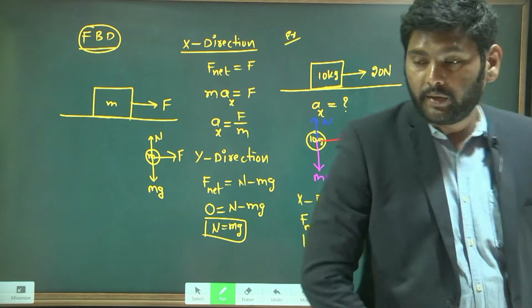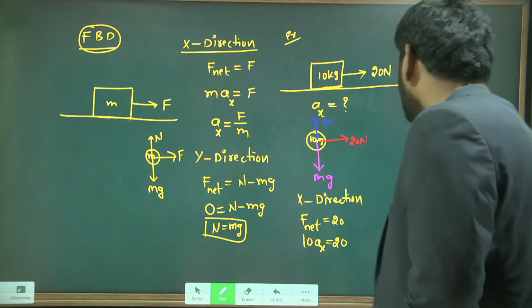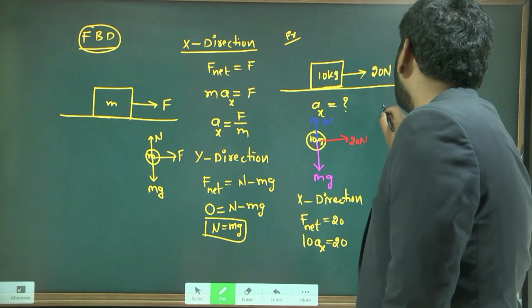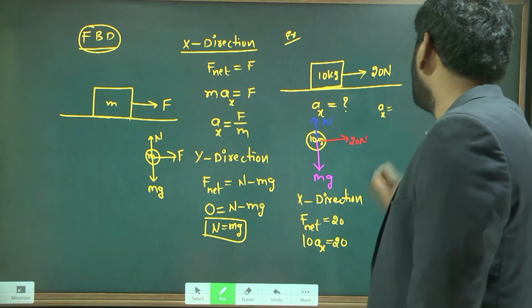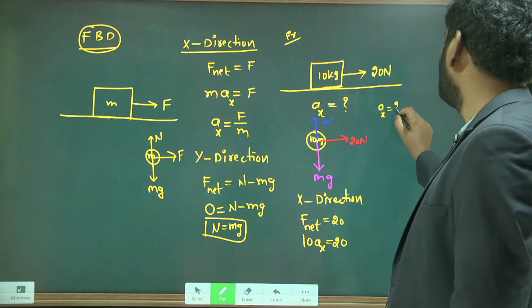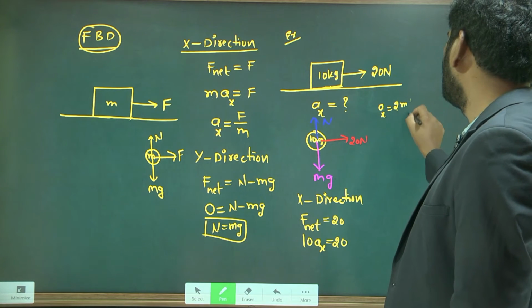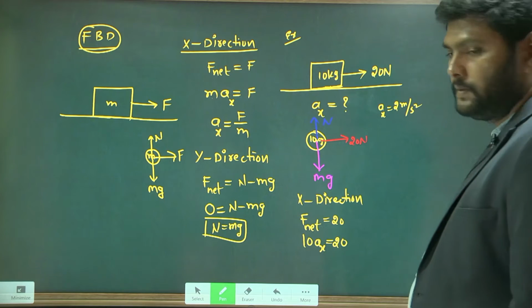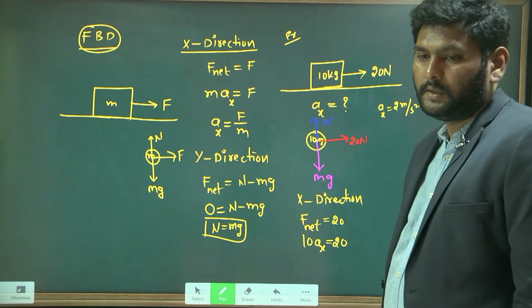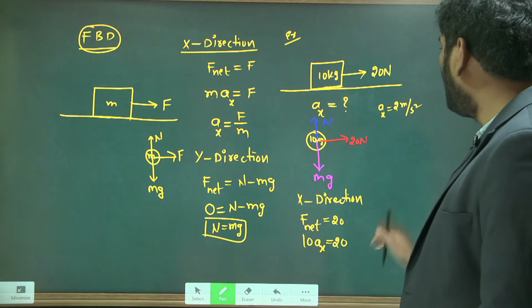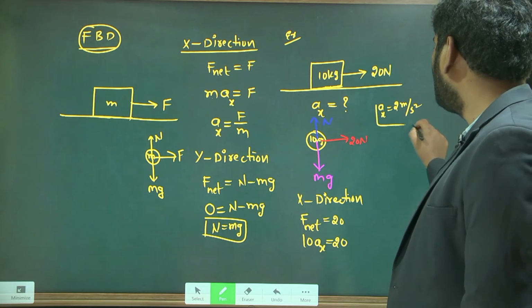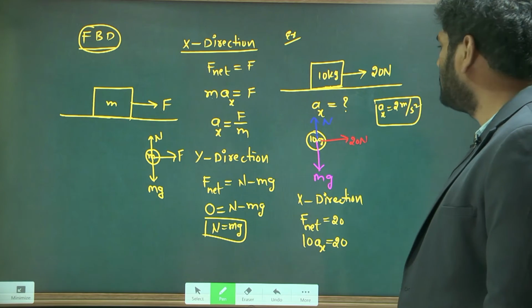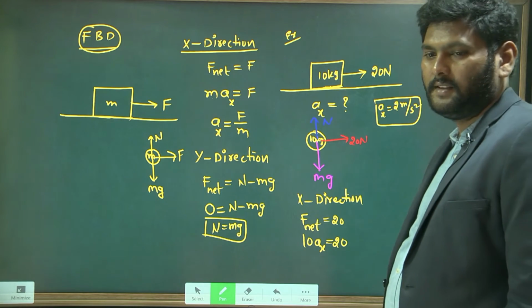2. Very good. What is the unit for acceleration? Units of acceleration, sir. Meter per second square. So 2 meter per second square. Along x direction, the object has how much acceleration? 2 meter per second square.